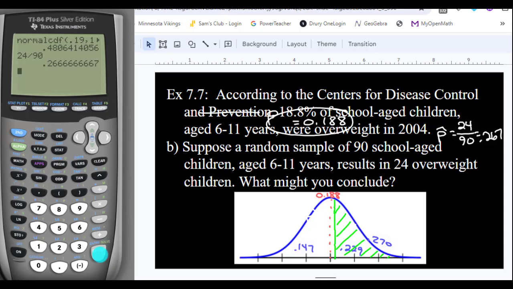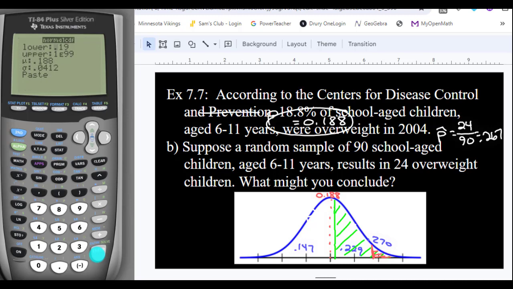Now, just from looking at our graph, we can see that 0.267 is going to be way up here somewhere. Okay, so let's find out the probability and get an actual number here for a probability of somebody of our population giving us at least 24 overweight children. So we're going to go back, and unfortunately, I erased my values there, but we should be able to hopefully remember them. So second, variables, normal CDF,